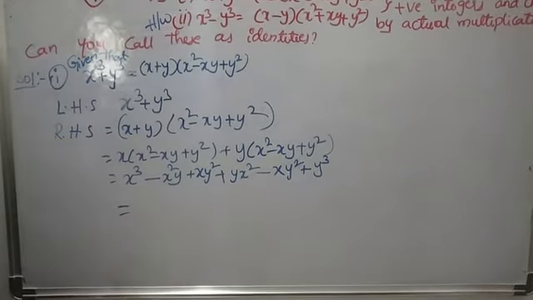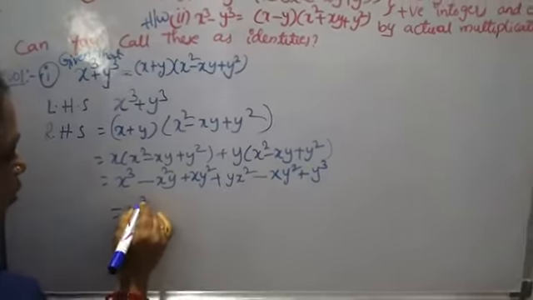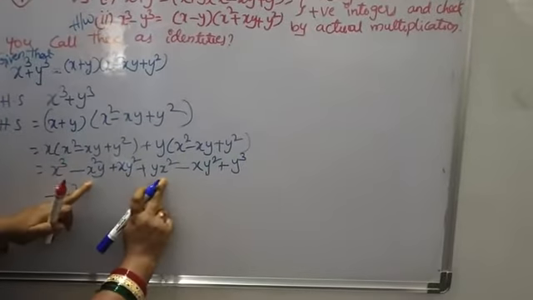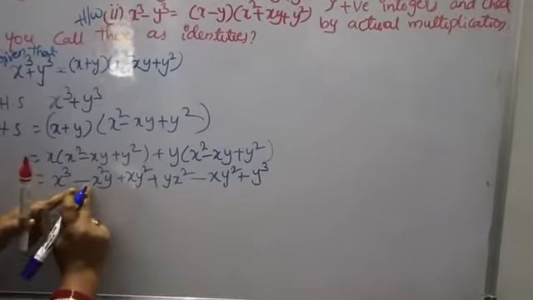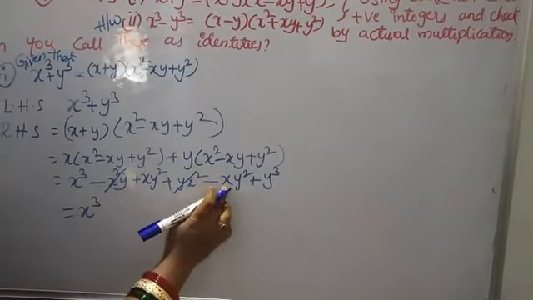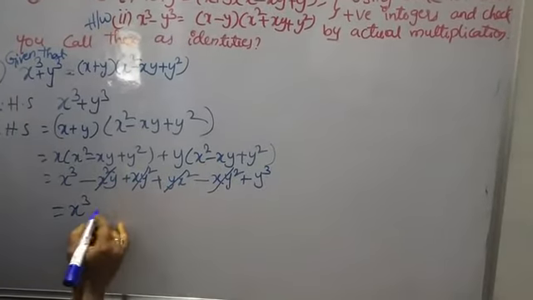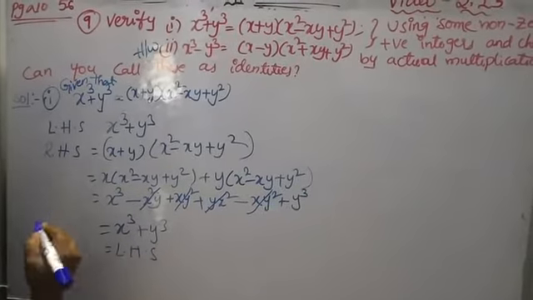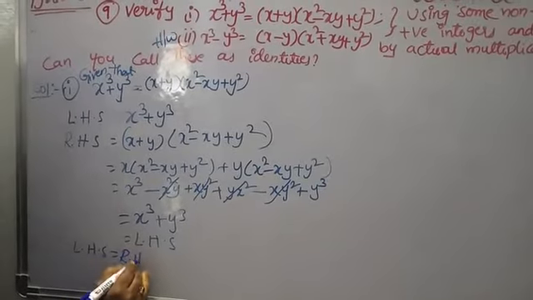Now observe here, any same terms are there? Here x cube, there is no x, another x cube in this. Next, x square y, here x square y, both are the same, right? This is plus x square y, it is minus x square y, so cancel these two. And here xy square, these are also opposite, so cancel, and the remaining is plus y cube. Observe the LHS also same, x cube plus y cube, so LHS and RHS both are equal.